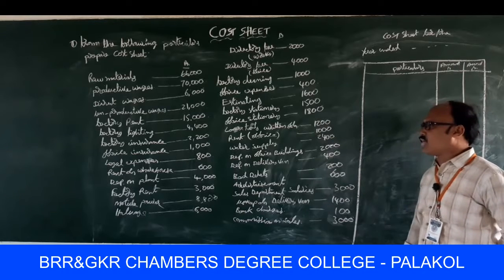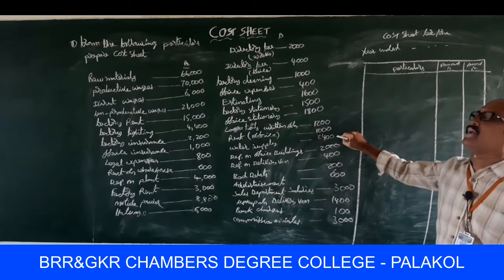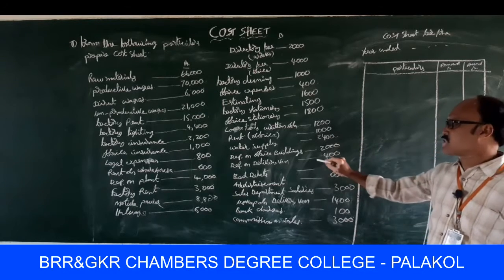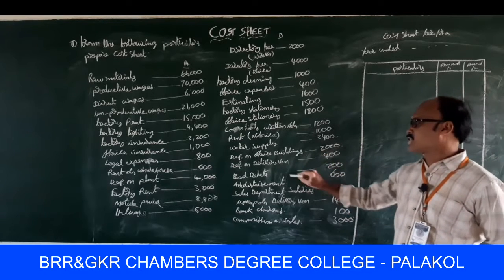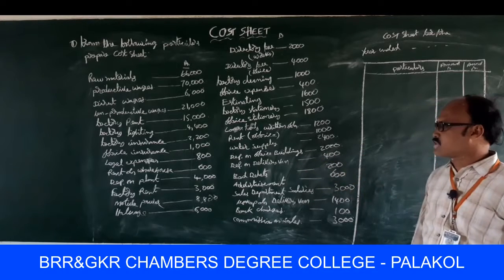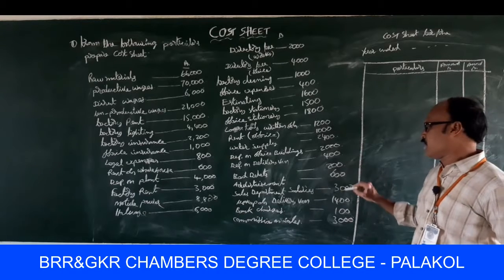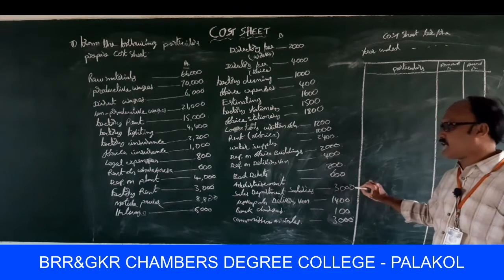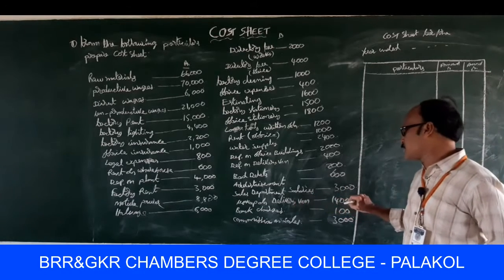Rent for office, office overheads. Water supply, this is related to factory overheads. Depreciation on office building, office overheads. Depreciation on delivery van, that is related to sales and distribution expenses. Bad debts, sales and distribution expenses. Advertisement, sales and distribution expenses. Sales department salary, sales and distribution expenses. Upkeep of delivery van expenditures,